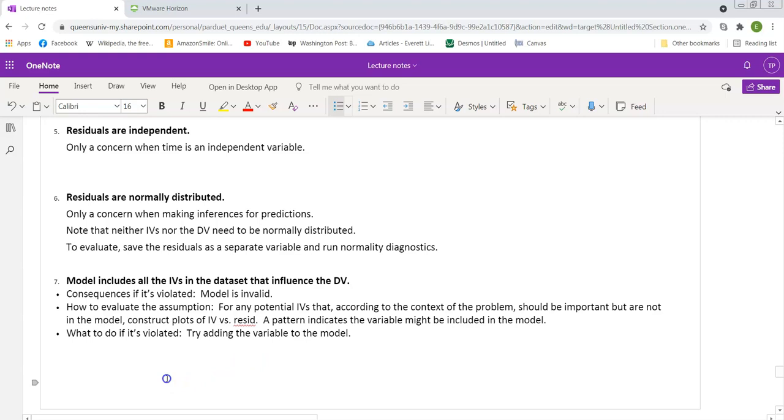All right, so that's it for this lesson. For now, I want you to get good at evaluating all of these, and then next time we'll look at pulling all of this together to make some decisions and come up with a final model. All right,